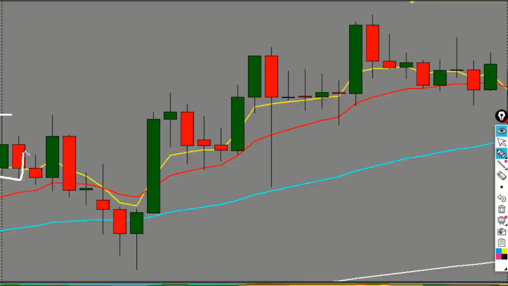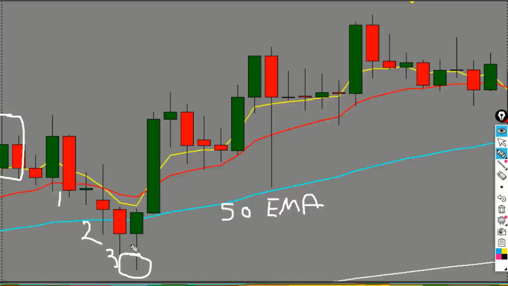This is our Asian box of the week. We now look for a false move at the week's beginning. 1, 2, 3. It taps the low again, inducing more people to sell. It will swing from this low of the week, and it happened to be at the 50 EMA, 50 exponential moving average. Okay, so it trapped people. Some people, when price breaks below the 50 EMA and it is 1, 2, 3 candles,